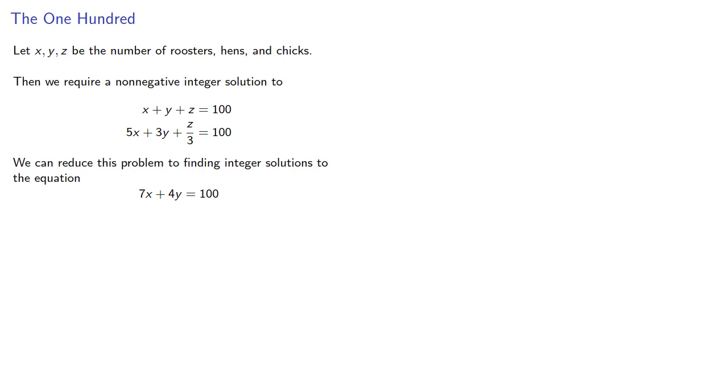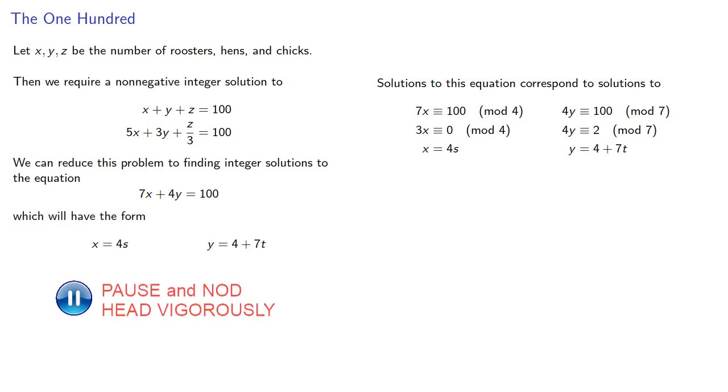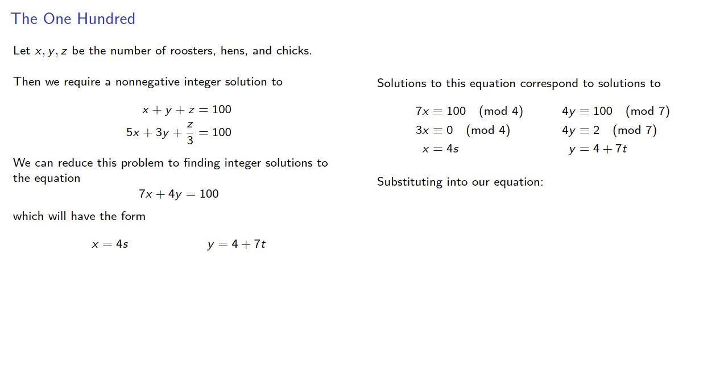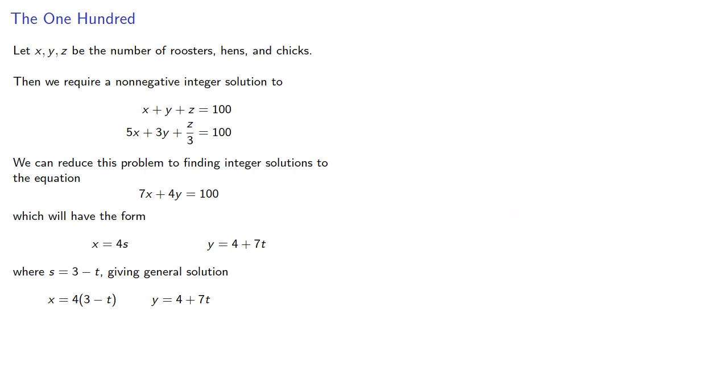Solutions to this equation correspond to solutions to the congruences, and so our solutions will have the form, and if we substitute these back into our equation, we find, and so the general solution will be, now we actually have a third variable. Since the sum of the 3 variables is 100, we can solve for that to get